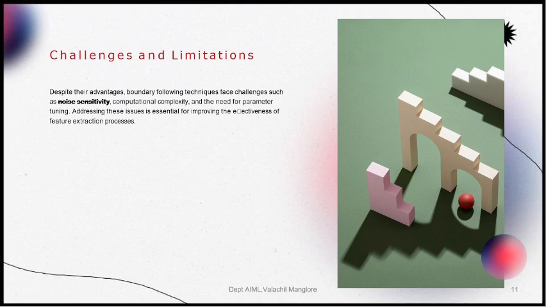Image segmentation: boundary following helps separate objects, and the boundary can be used in feature or object recognition. It helps separate objects from the background in an image. Medical imaging: boundaries of organs or tumors. Computer vision: boundary following is used for various computer vision tasks such as object detection, tracking, and scene understanding.